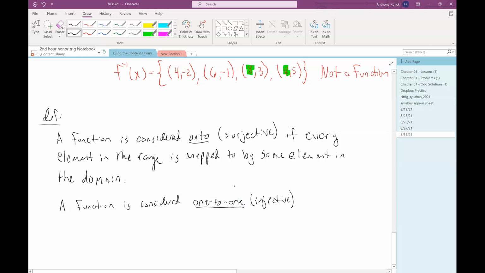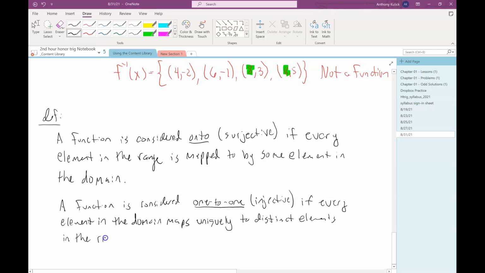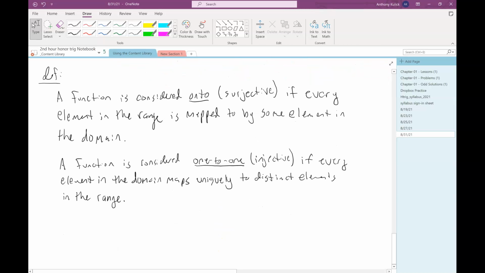The less frequent, but still quite common, so we say a function is considered 1-to-1 if every element in the domain maps uniquely to distinct elements in the range,